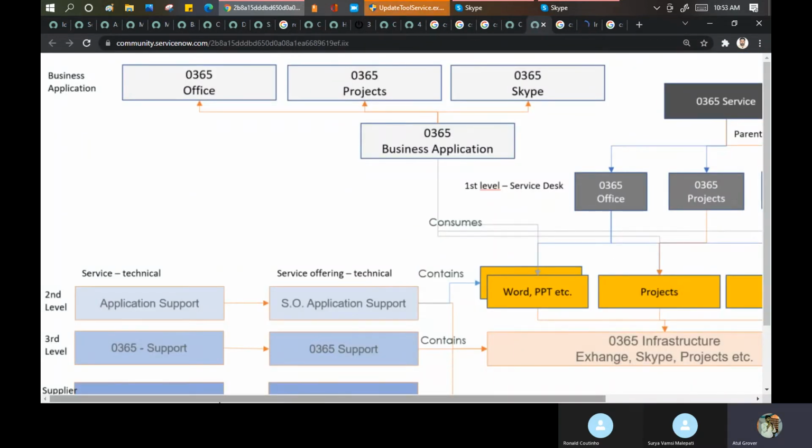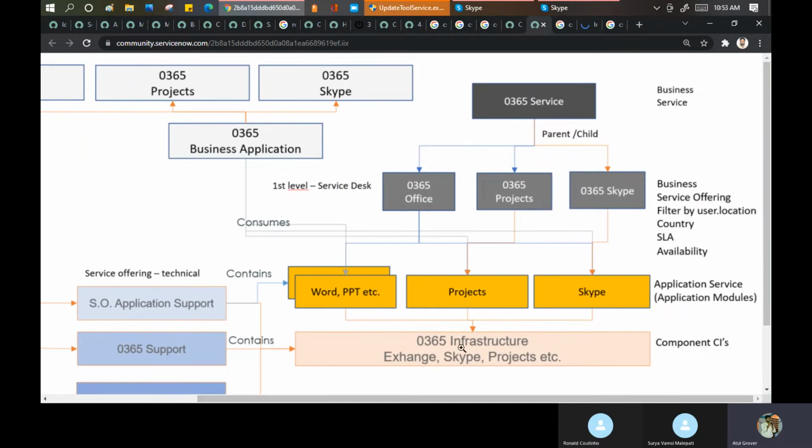So now let's come here. Office 365 is my business service. Microsoft sells it like this: take Office 365 from me. Correct? So that is a business service for them. Now this says, in Office 365 I have Office, I have Project, I have Skype.